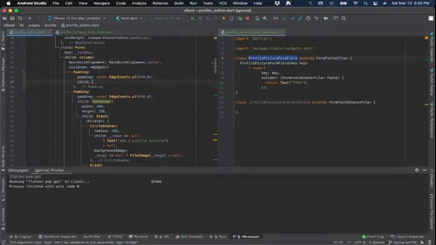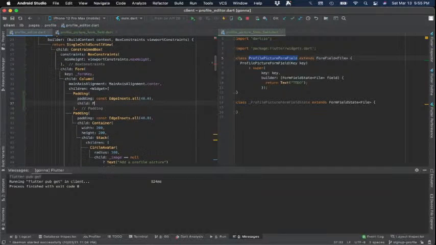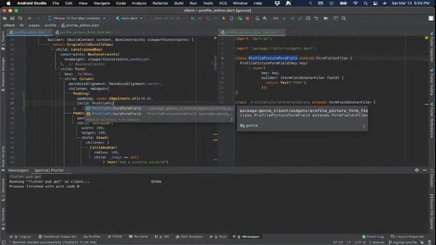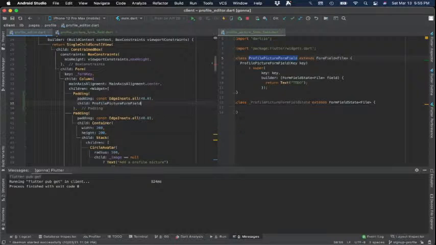Actually, no. The container will just keep in the widget itself. So we're going to call profile picture form field, and we're going to construct it with no arguments,